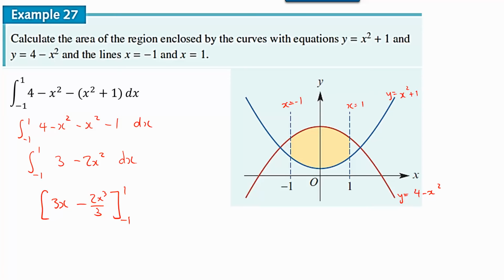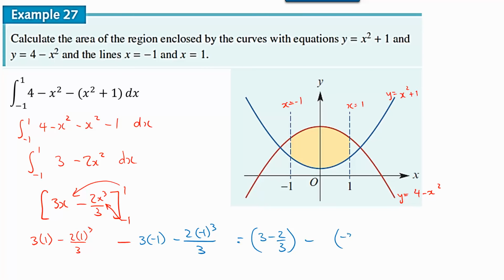Okay, so now I just need to use the fundamental theorem of calculus, sub 1 in. So you sub the 1 in and you sub the -1 in afterwards as well. So subbing 1 in, I have 3 times 1 minus 2 times 1 cubed on 3. So this is my first one. F of 1, take away, I'm going to do another color. F of -1. So 3 times -1 minus 2 times -1 cubed on 3. Let's work them out individually. So 3 take away 2/3. So that's 1. Take away, now that's -3